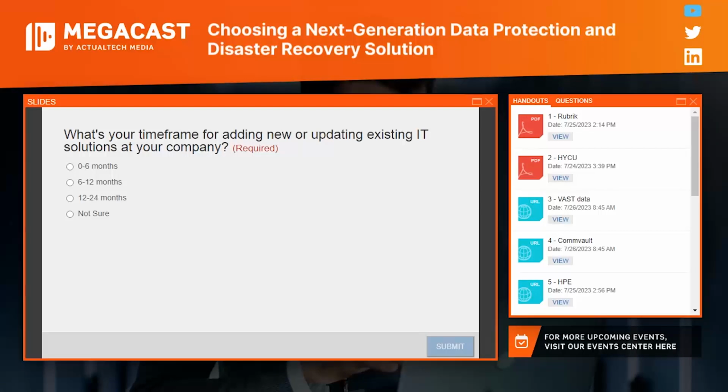Before we get to our first session of the day, we have a quick poll question for you. What's your time frame for adding new or updating existing IT solutions at your company? You can see the options there of less than 6 months, 6 months to a year, 1 to 2 years, and then not sure.